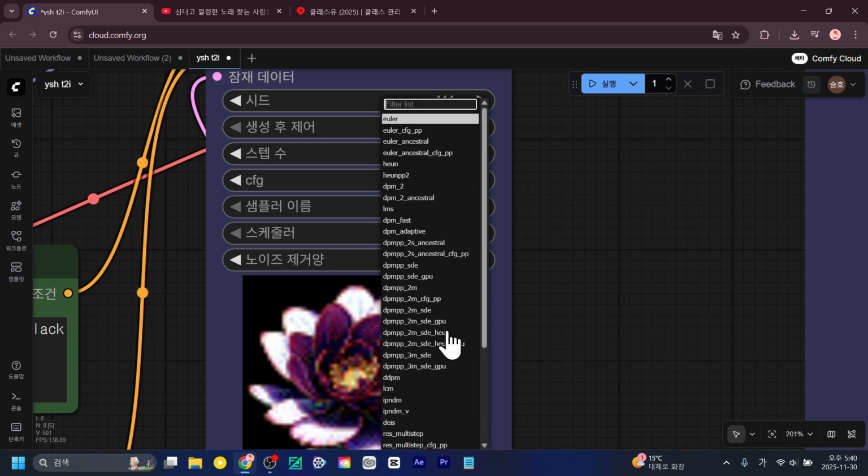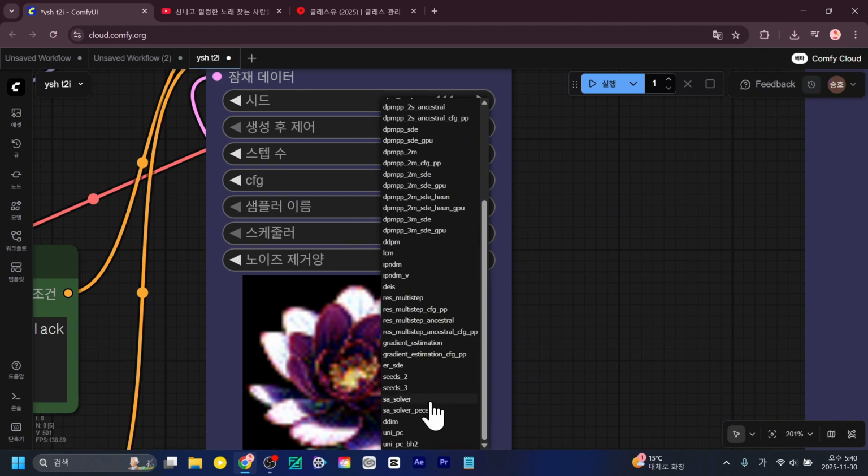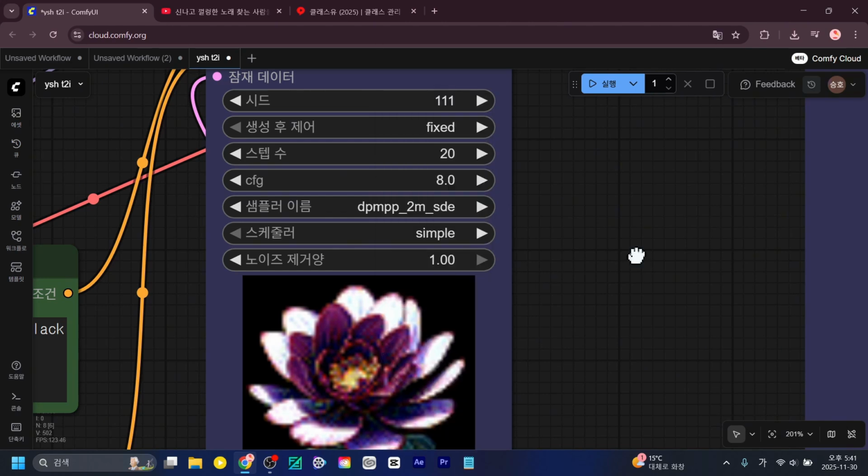If you look at a drawing program, there are lots of different brushes, right? It's kind of like that, but honestly, which one you use isn't all that important, whether it's Euler or something else. It's the same with the scheduler. If you pick a sampler, then you choose a processing method that fits it. If you hover your mouse over it, it shows up. Calling it a processing method sounds a bit odd. Just think of it as another fancy ballpoint pen.